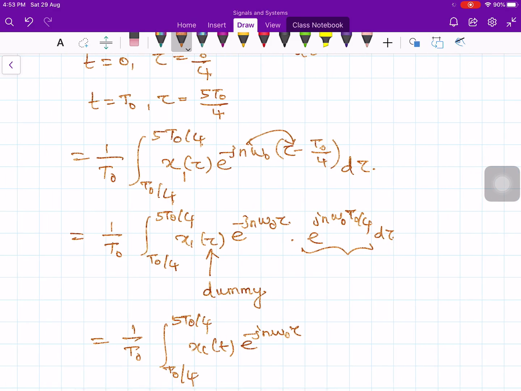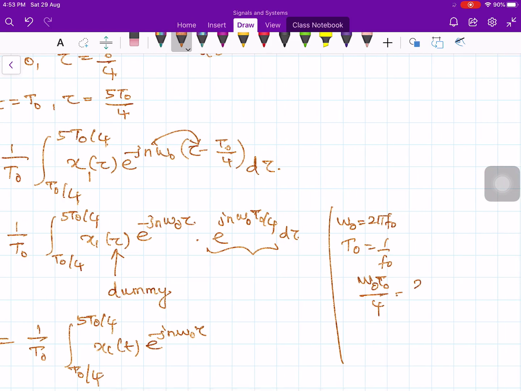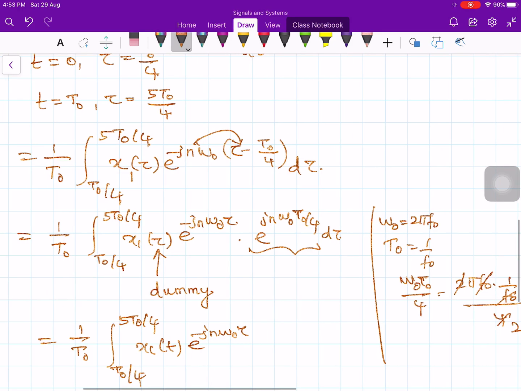Omega naught is equal to 2 pi f naught, and t naught is equal to 1 over f naught. Substitute there. So omega naught t naught by 4 is equal to 2 pi f naught, t naught is 1 by f naught, divided by 4. F naught will get cancelled, and this becomes 2 pi by 2. Therefore this is e to the jn pi by 2